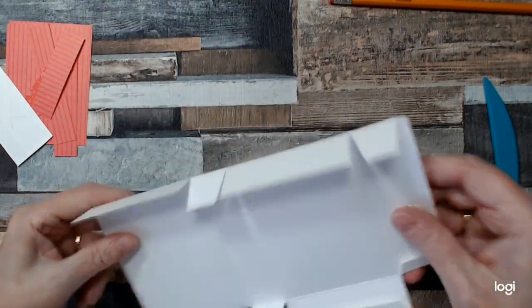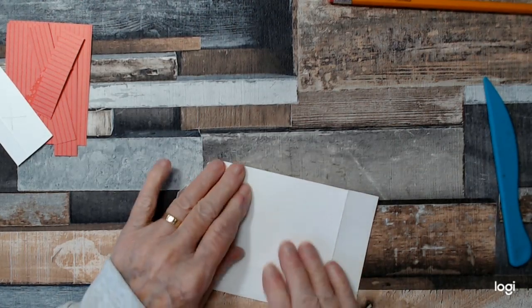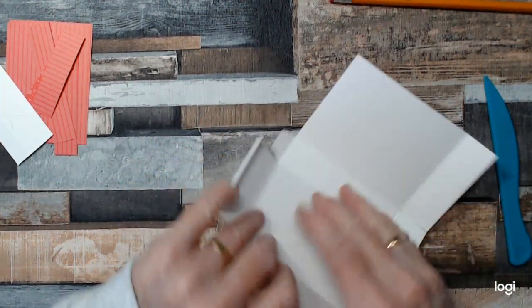So that's the way we are. This is going to just close up like so. Really simple. They'll glue together and that'll be your box shape made. But we may as well put our